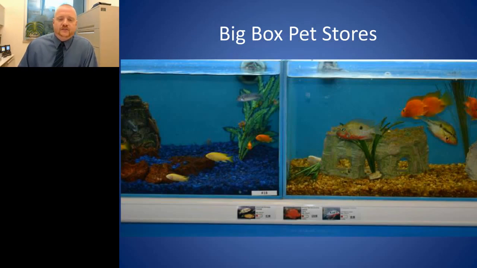One of my big pet peeves, and something that you'll see all the time, is in big box pet stores. This picture kind of highlights my pet peeve, if you will. All of these fish in big box pet stores are on the same aquatic system. They're on a recirculating system. However, in this picture you can see on the left are some nice assorted African cichlids, and on the right are some Central American cichlids. The African cichlids typically prefer hard water and a higher pH, whereas the Central American cichlids would prefer a lower pH and a softer water condition. But in the big box pet store, they're all in the same water, so I'm not sure anybody's really happy in that situation.